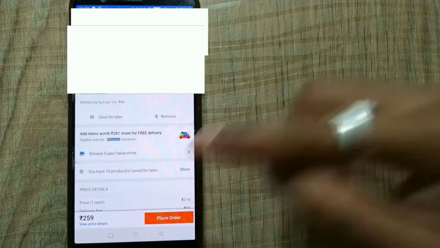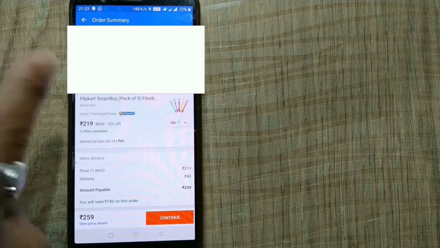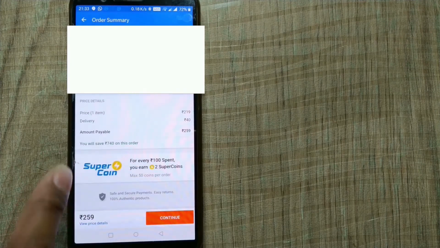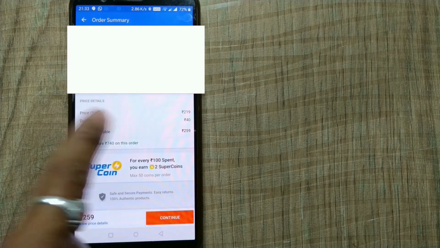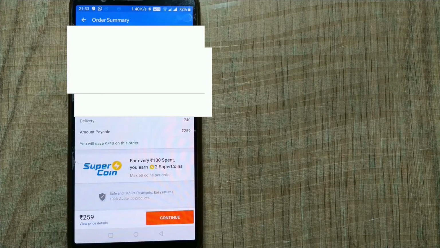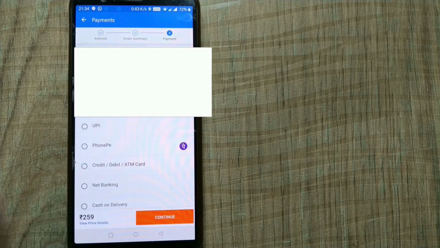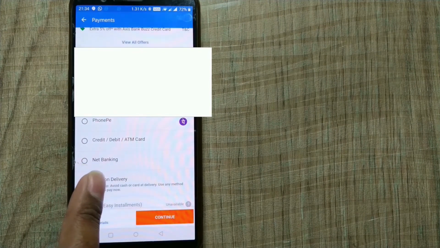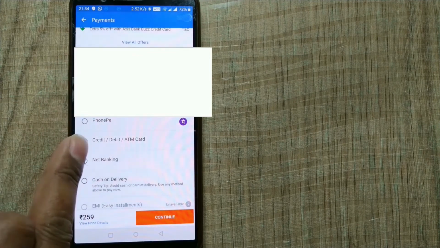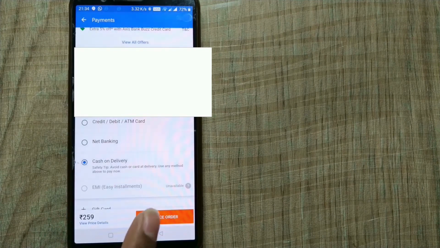I'll place order. So once I place order, it will take me to payment pages, my address, and all those things. So now it has shown the product, my address, price details, all these things. I'll then continue. Once I continue here it will show all the payment options. So I have to choose anything like UPI, PhonePe, credit card, debit card, net banking, cash on delivery, etc. So you can do cash on delivery as well, or else you can go through all these options that have been shown, online options like UPI, credit card, all those things. So I'll go for cash on delivery.